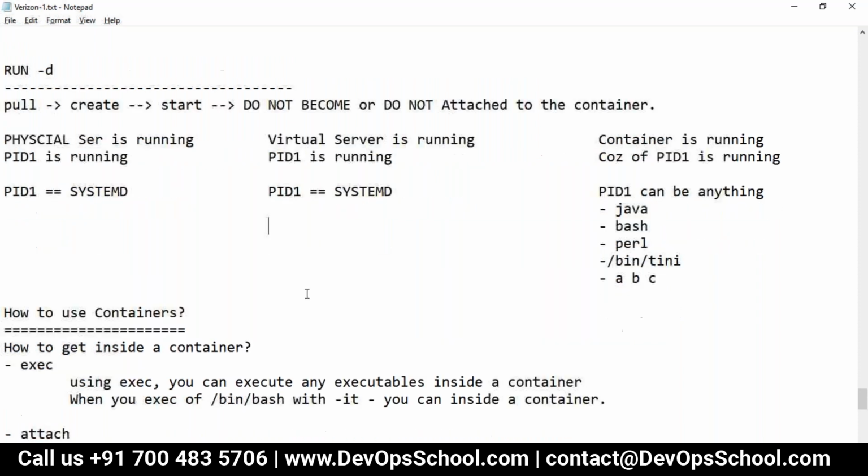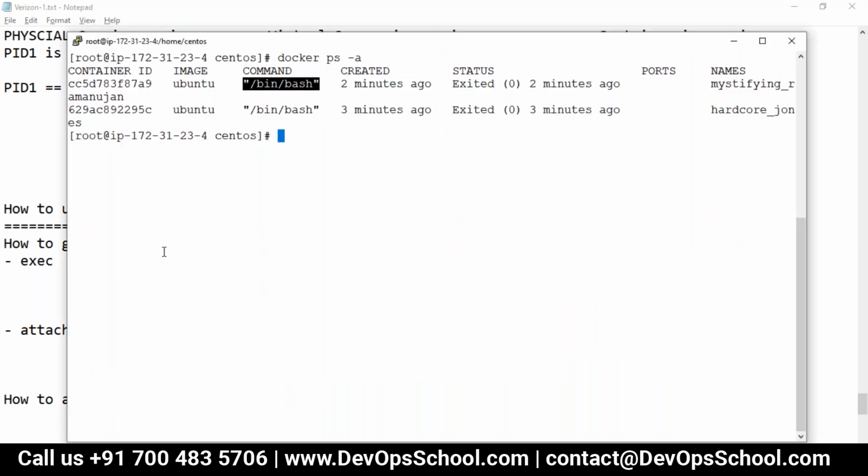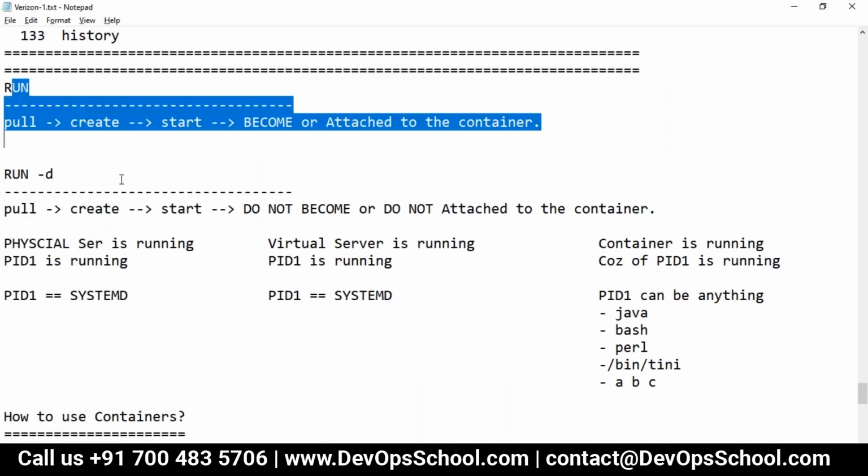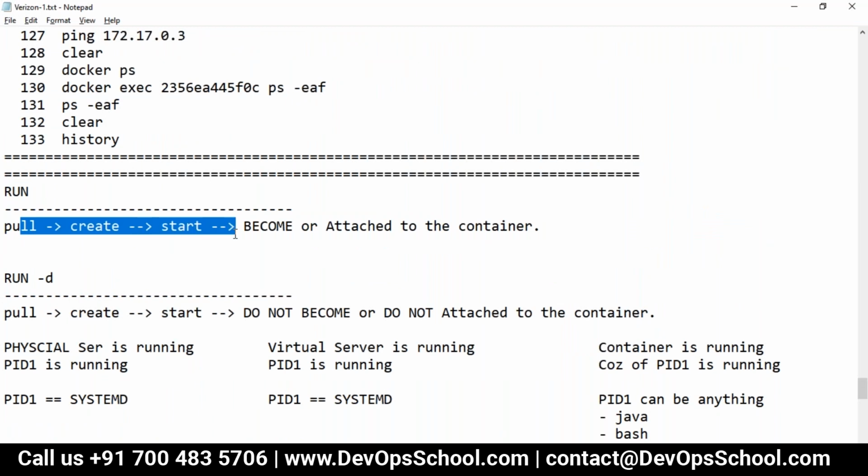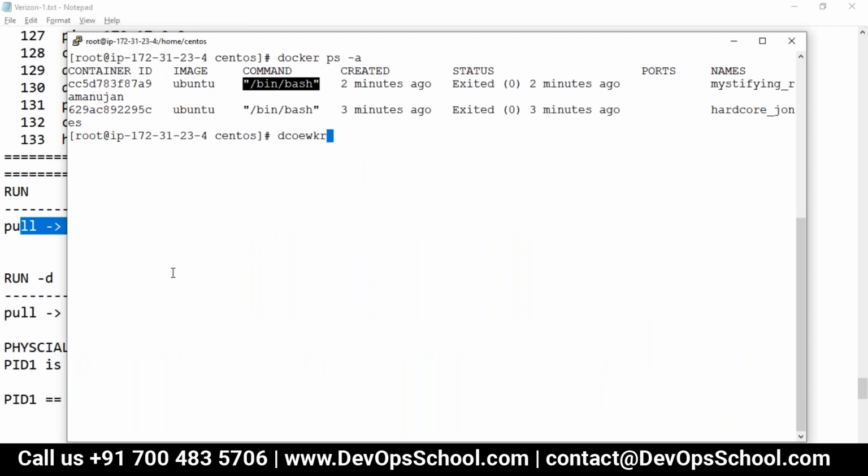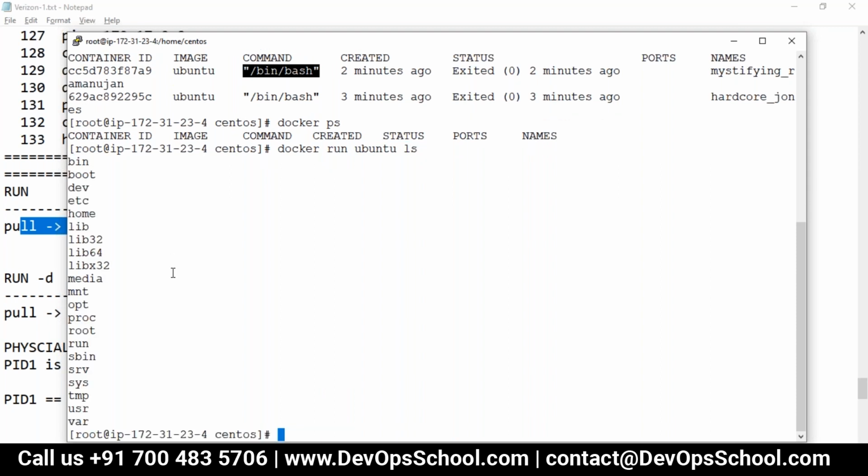Anyways, come to the point. Here, what I was trying to tell you is, you can use run for running any containers. Why do you need to run and waste resources? What do you want to do with the Ubuntu container? I want to list out. Work is completed and then it got exited. It has completed the work.